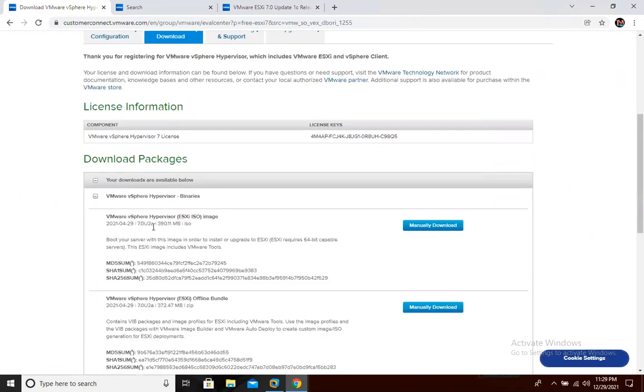This is 7.0, 390 MB. The total size of the image is 390 MB. Need to download it.